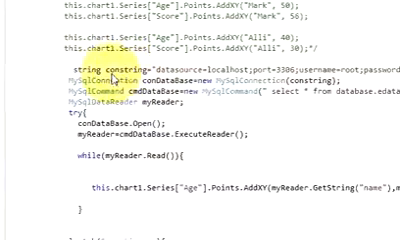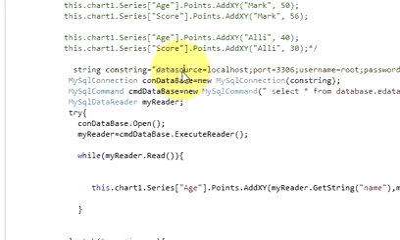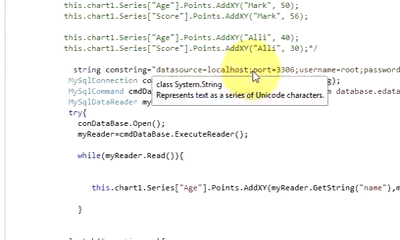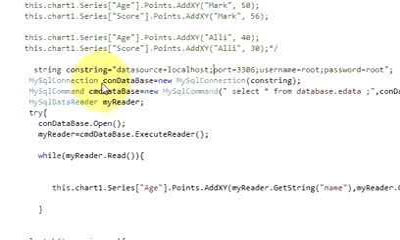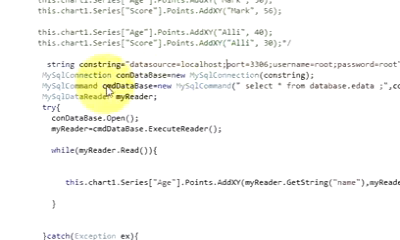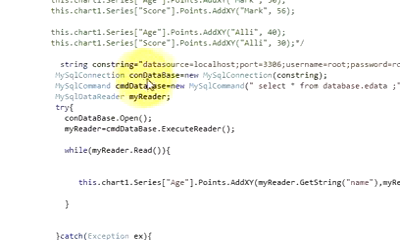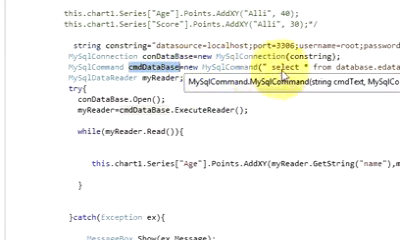So first line is the connection with the database. So write string constring is equal to double quote data source is equal to localhost, then semicolon port is equal to 3306, username and password. This I have shown you I think multiple times, so this time you know what this is. Then write MySQL connection con database is equal to new MySQL connection and pass this string variable, and then write MySQL command database is equal to new MySQL command, and in the